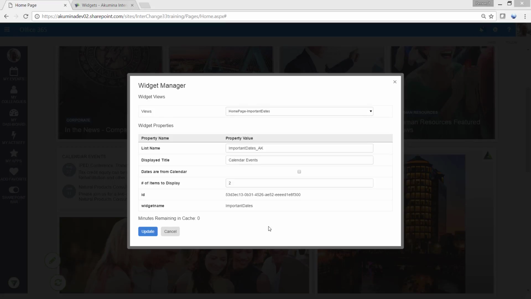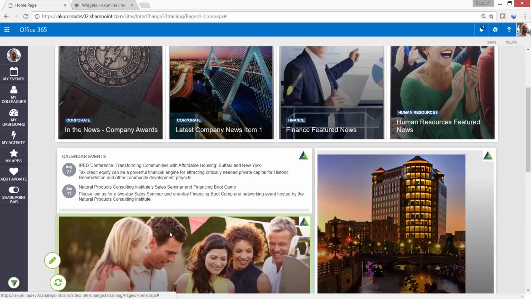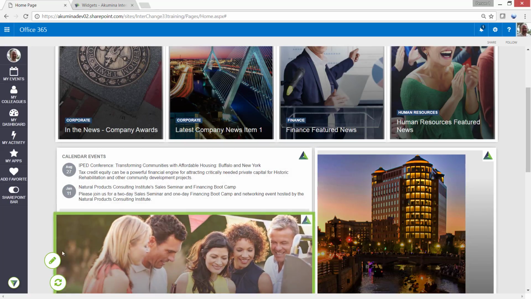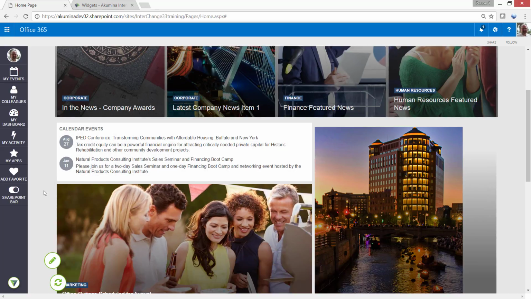Now the final item we had on our agenda is adding a new view to a widget. You can see here in the list of views we have only the one view, the home page important dates view, that's available on this important dates widget that we just added. So let's take a look at the process for actually adding a new view to make it available for the widget. In order to do that, I'm going to go to